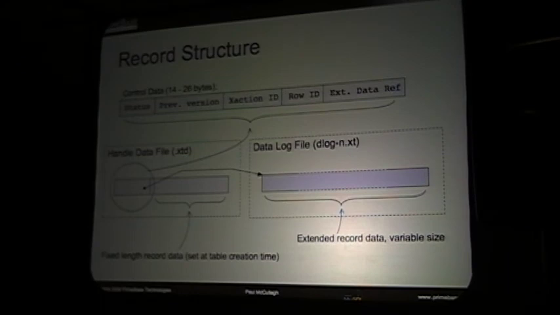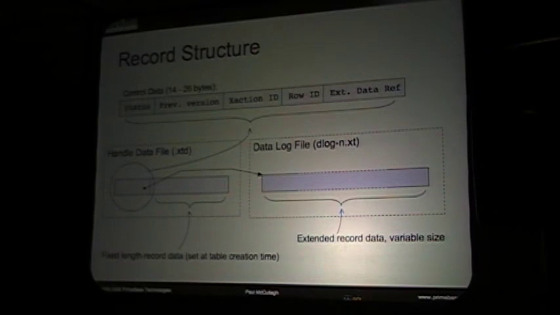So the best way to describe PBXT is to go right down to the bottom and have a look at the record structure of the table. And so you can see the PBXT records are divided into 3 parts, a gray bit, a light blue bit and a dark blue section here. First of all, these 2 components together are the fixed length component, and they're stored in the handle data file. And this is the extended part of the record, a variable part of the record that's stored in the